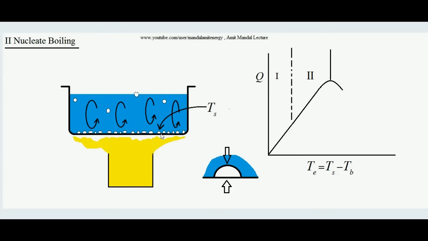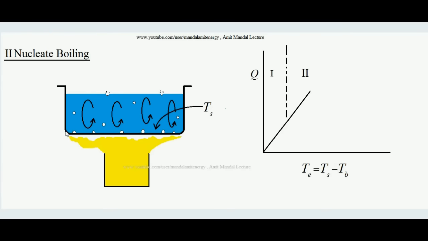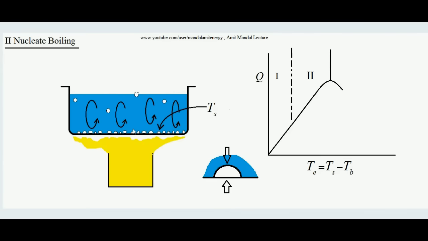The reason is that initially the number of bubbles forming over this hot surface were less, but with increment in T excess, the number of bubbles forming over this hot surface are more. When a bubble forms, it makes its own space, so the liquid is detached from the surface. You can see when a bubble is forming, it is removing the liquid to make its own space. As I am showing by the arrow, the liquid is in direct contact with the hot surface, but where this bubble has formed, the liquid is not in direct contact with the hot surface.